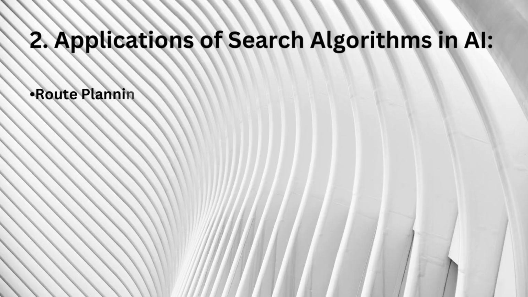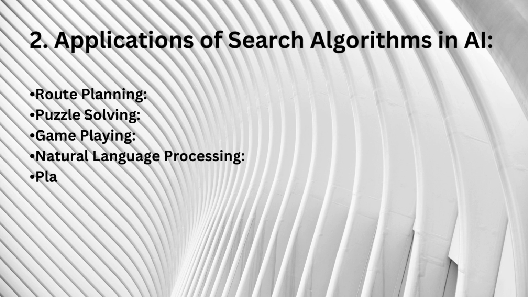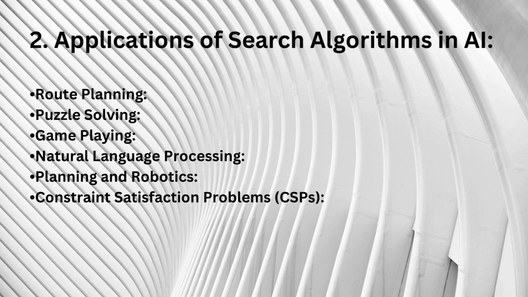Applications of search algorithms in AI. Route planning. Search algorithms are commonly used in route planning applications such as GPS navigation systems. They find the shortest or fastest path between two locations on a map. Next is puzzle solving. Search algorithms are applied to solve puzzles like the 8 puzzle, Rubik's cube and Sudoku by exploring